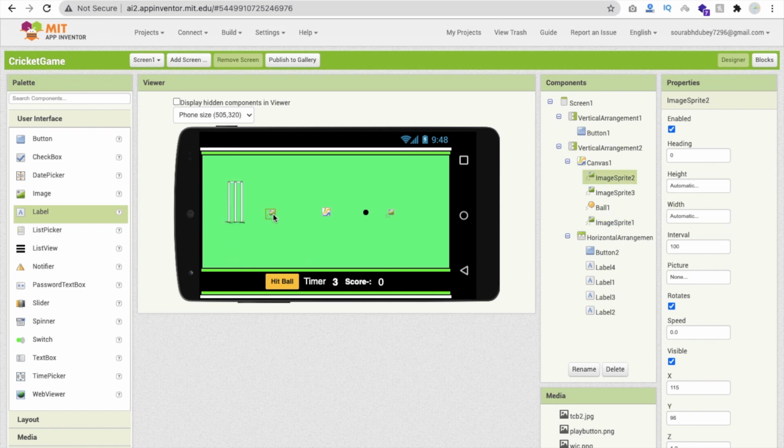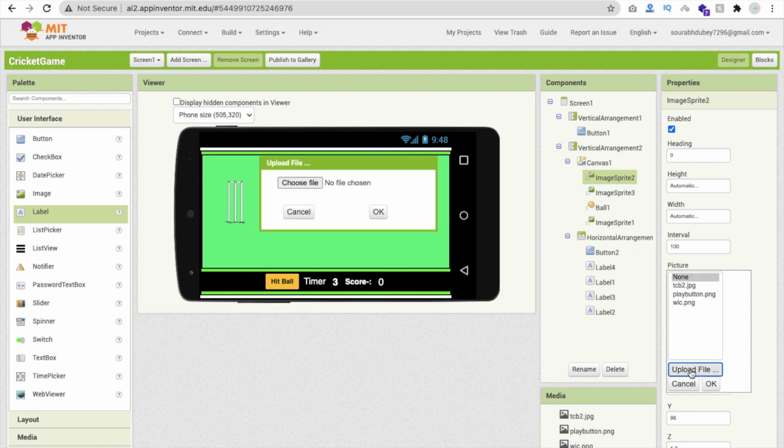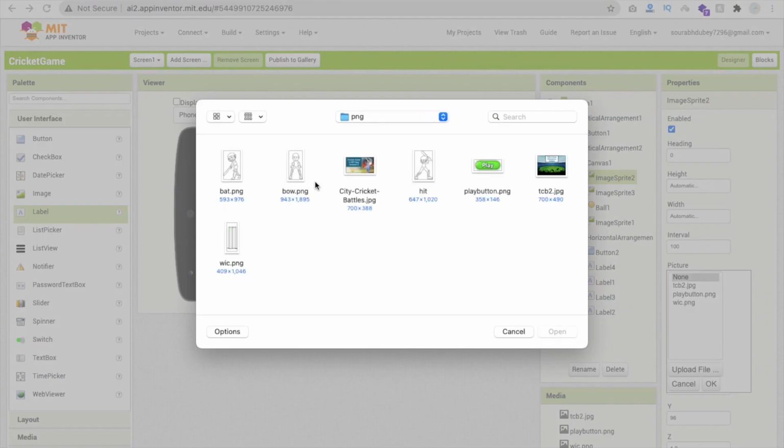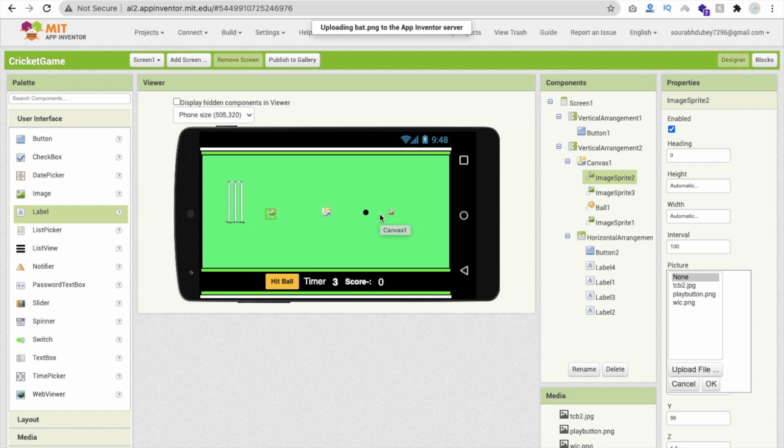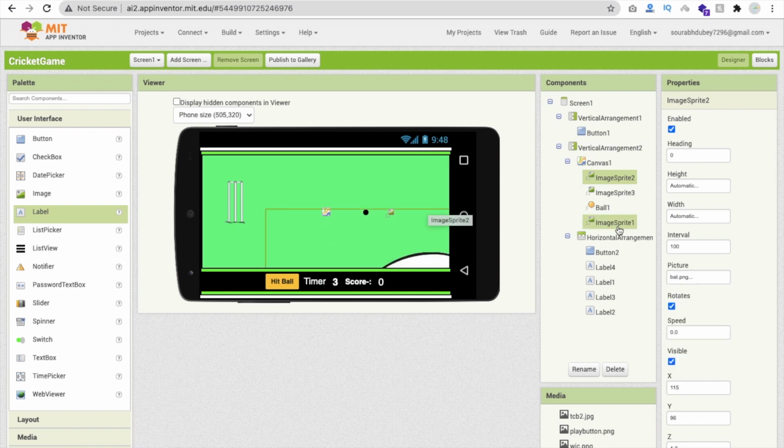And now let's click on this image split 2, picture option, upload file, choose file, and this character is the batsman, bat.png, that one is okay. And now we have to do it again like 50, and then the height I'm going to make more like 120 pixels, like this.